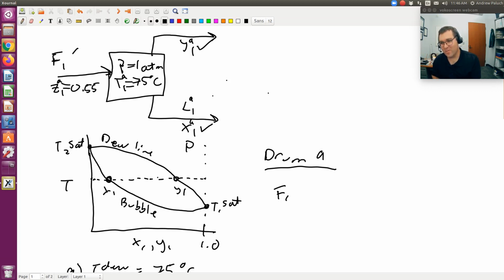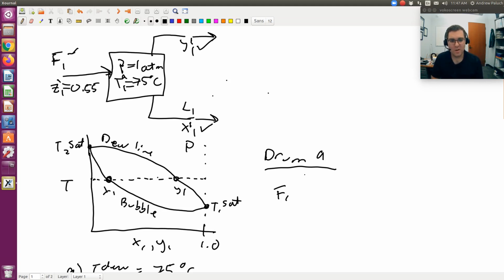Let's call it F1, because it's the flow rate into drum 1. It's a Z1 mole fraction of component 1 in drum 1. And instead of an A, let me put a 1 up there, because these refer to compositions of component 1 in drum 1. So terrible notation aside,